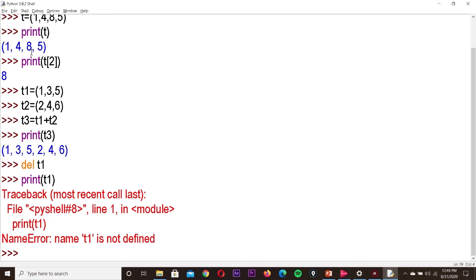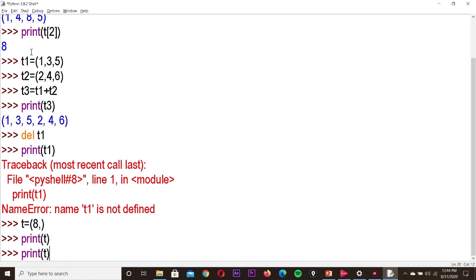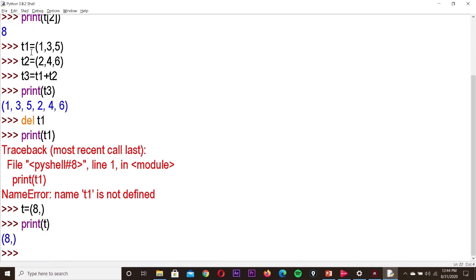Next, singleton tuple. Already we discussed about the singleton. So now I am creating one tuple with a single element. So I am writing t is equal to 8. When we are creating a singleton element, definitely we should write a comma. So now I am putting comma. Now I am printing the singleton tuple, so print of t, and it's showing the tuple.